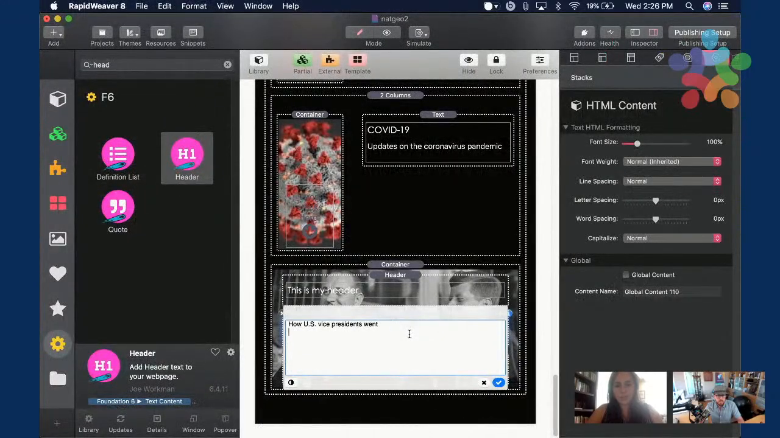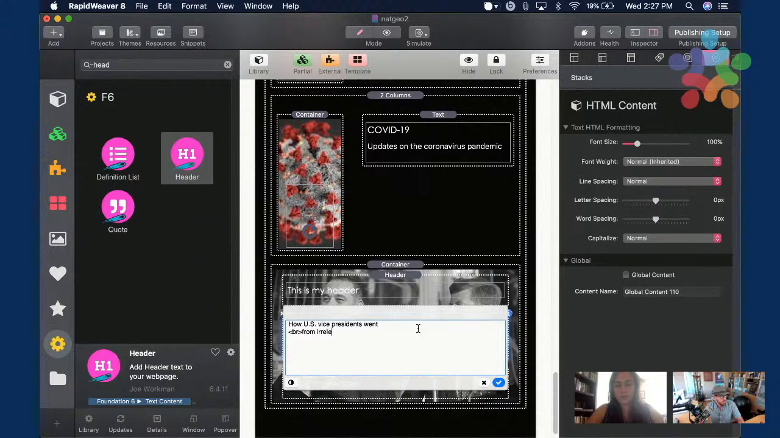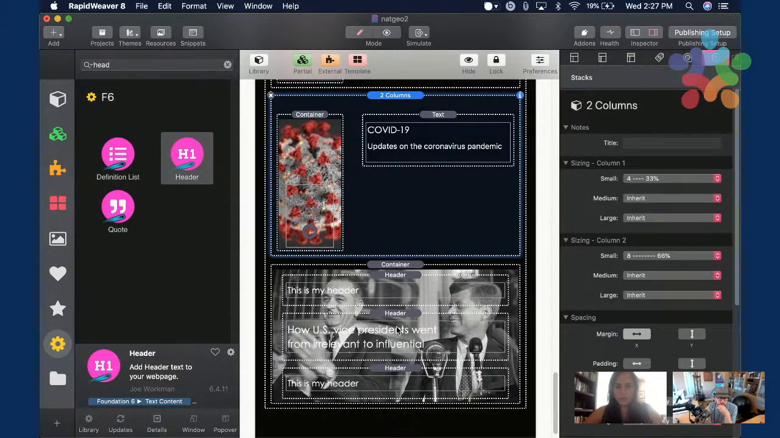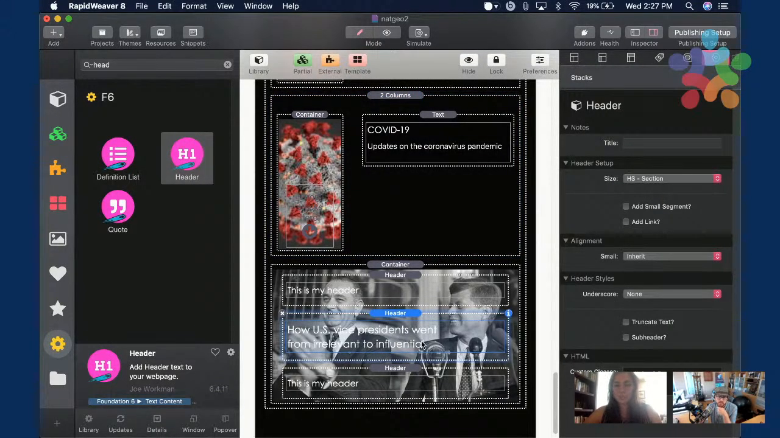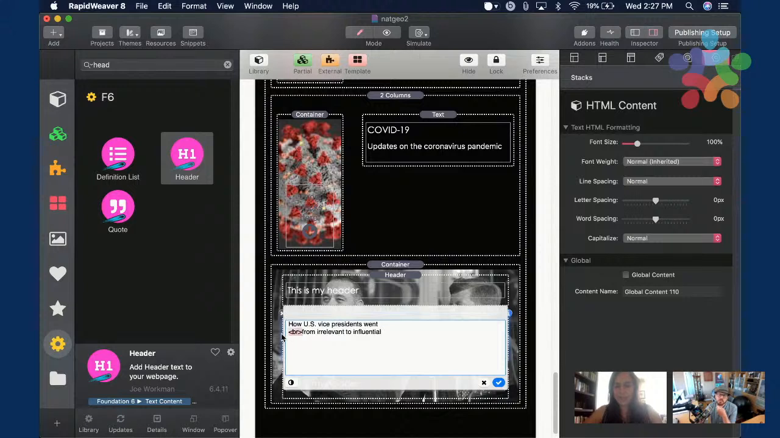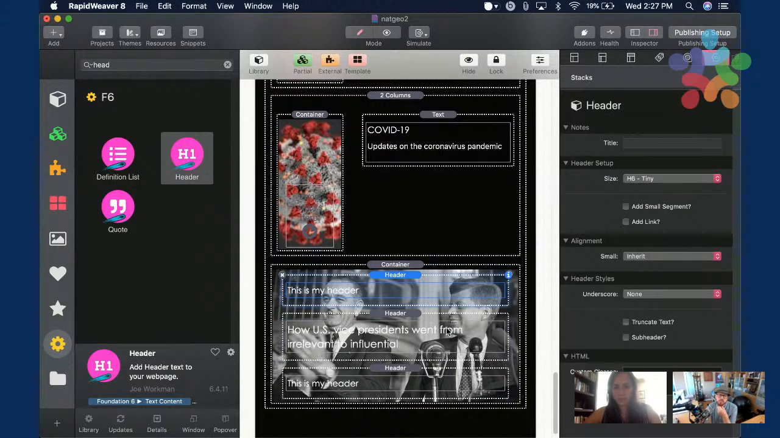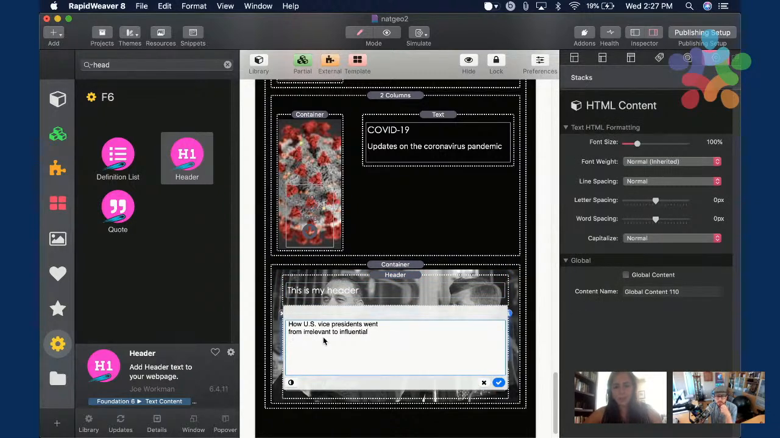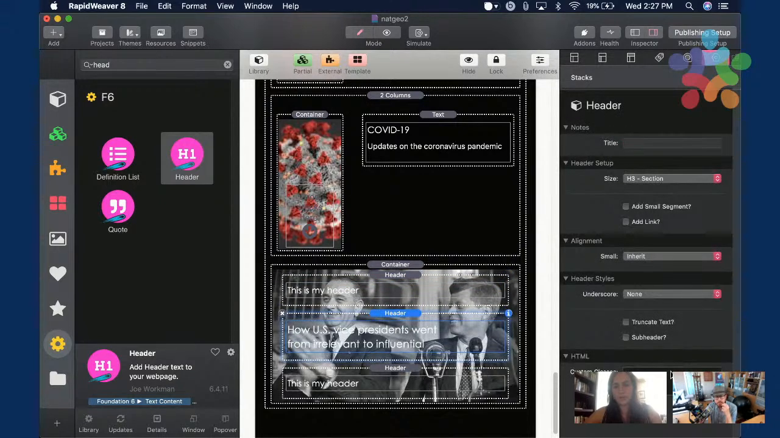I usually use the break tag if I want the content to break, because otherwise it won't do it. So I'm going to show you. From irrelevant to influential is my second line, and if I remove that break tag, it won't show that, you know, went from. So it won't break, and I want it to break just so that we look very similar to the original